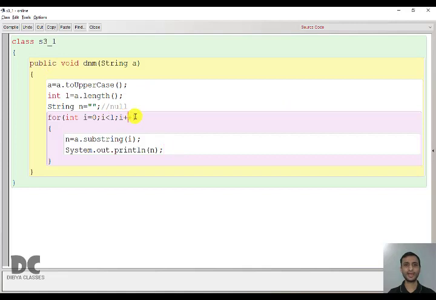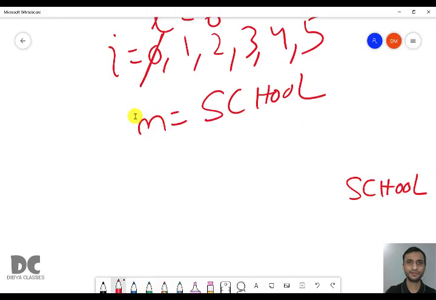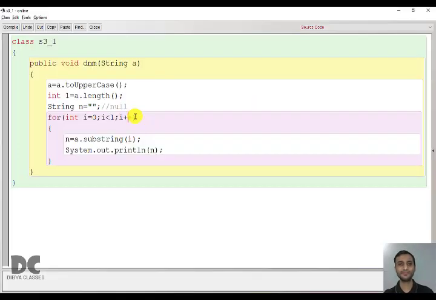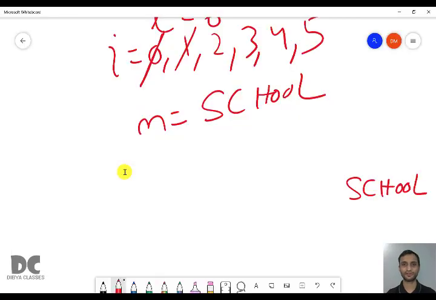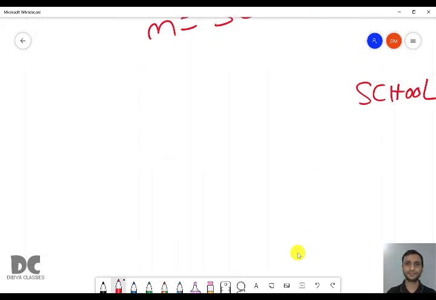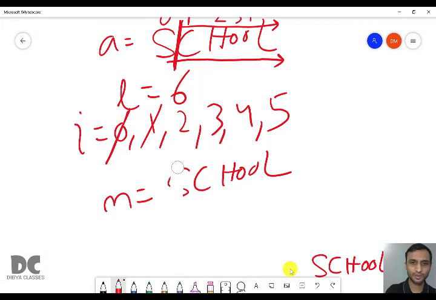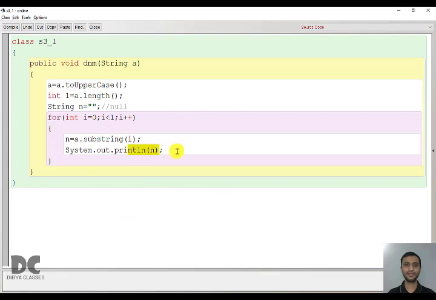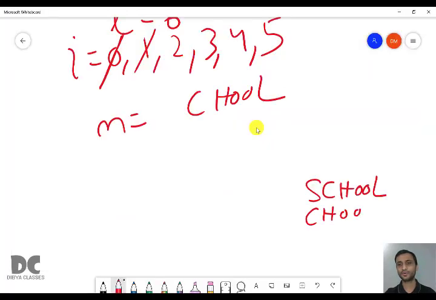Next time when I value increases to 1, this time you are doing substring of 1. That means from this part, from 1 till end. So we'll get CHOOL. So now we'll print CHOOL.